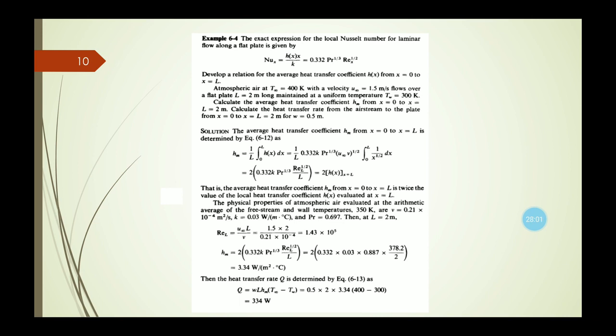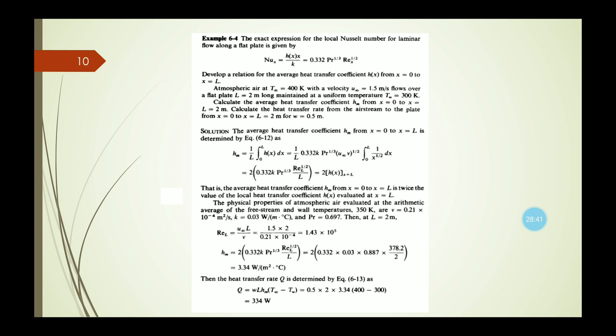So these are some default data that we have considered here. So in that case, at L equals 2 meter, we need to first calculate the value of the Reynolds number. Now the formula for the Reynolds number for this flat plate is rho u L by mu. But as we have considered the kinematic viscosity, the representation can be written as u L by nu, that is in terms of kinematic viscosity, which is the ratio of dynamic viscosity by density.